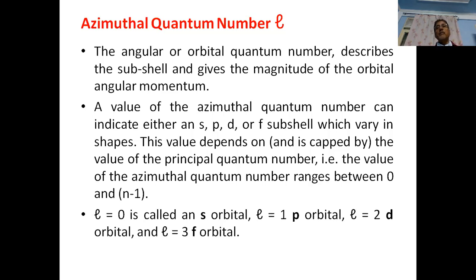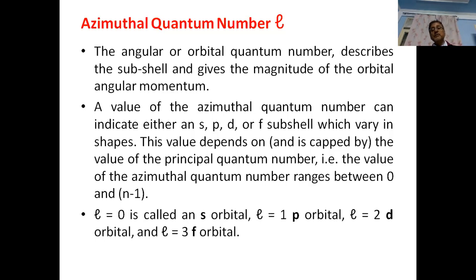And we are talking about an orbital angular momentum, that is, an electron revolving in an orbit around the nucleus. Now, this has to be understood as different from what we call the spin. In the spin angular momentum, the electron or any body spins about its own axis. So the azimuthal quantum number indicates the quantum number for orbital angular momentum, and later we'll see that the spin quantum number is indicative of the spin angular momentum.